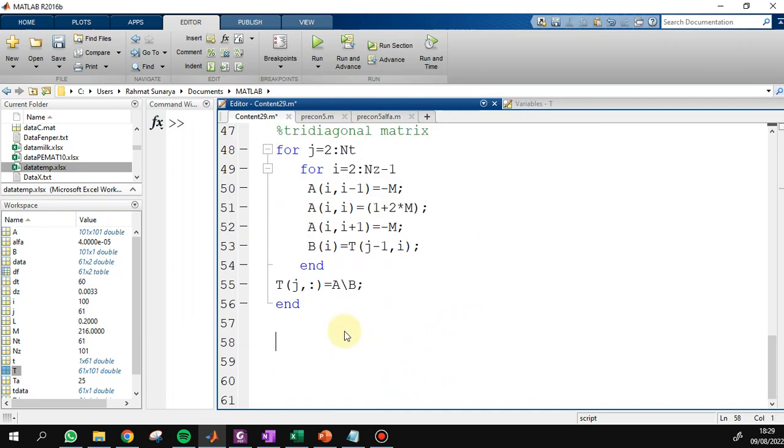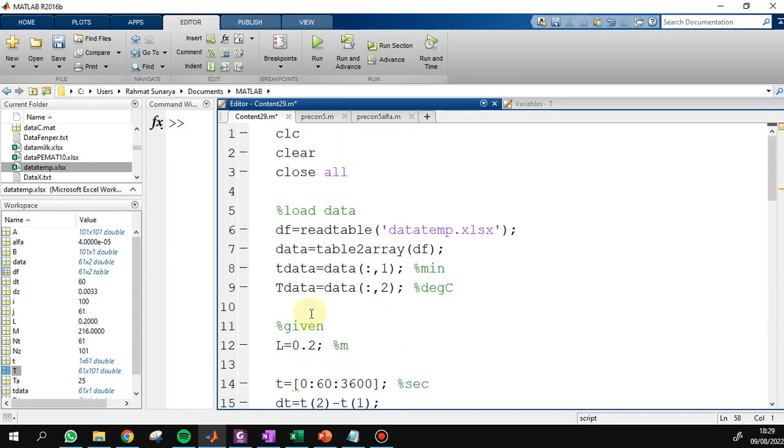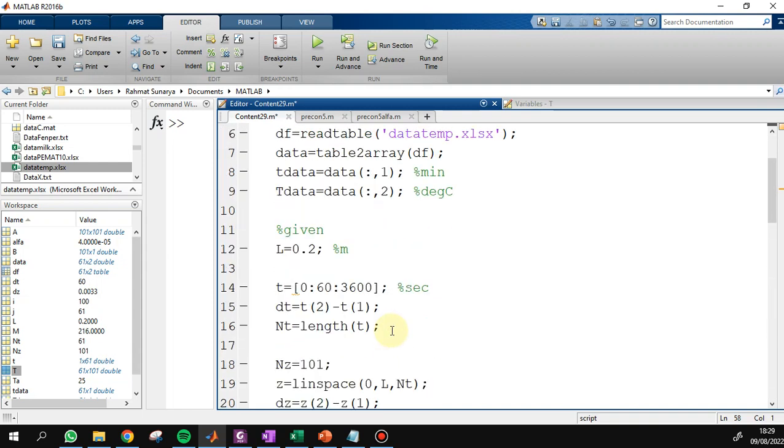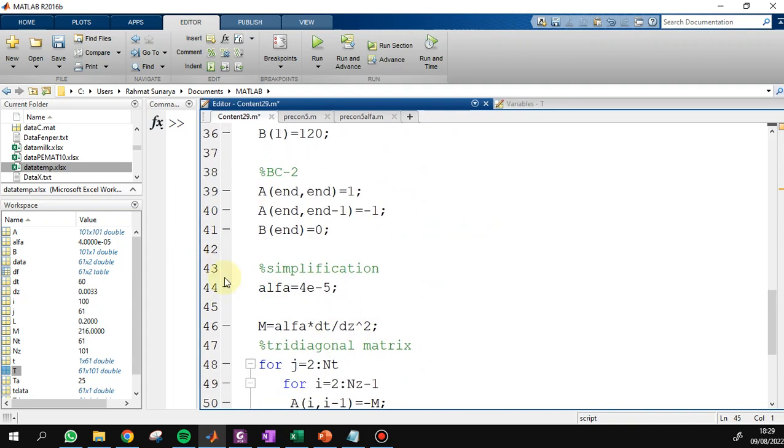Now we want to search for alpha, so this alpha will be removed.